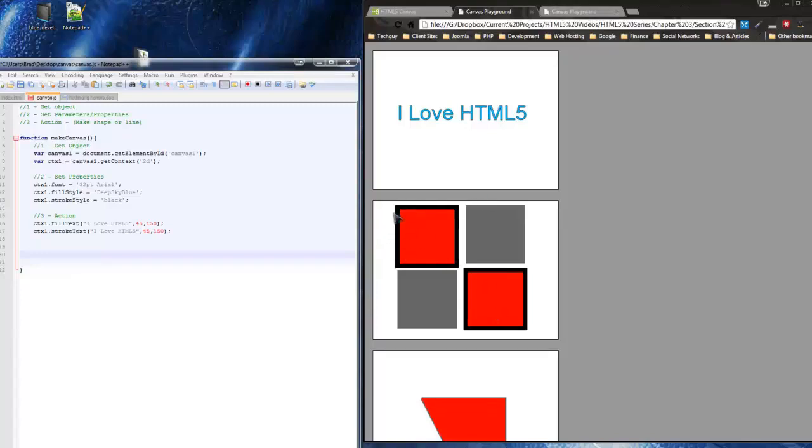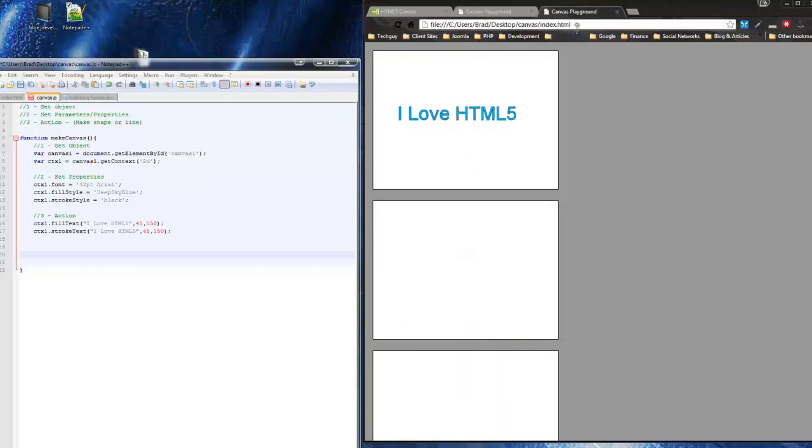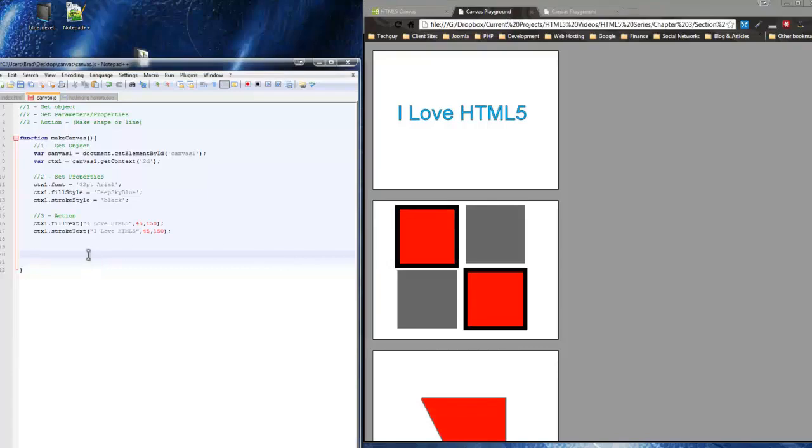Two of them red with borders, and then two gray ones without borders. And I like to keep it there. I like to look at it while I'm writing the code. Just makes it a little easier. So I'll just put a comment here saying canvas 2